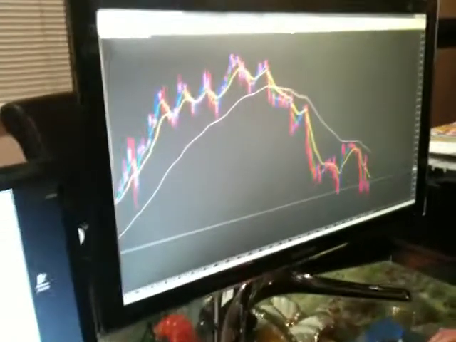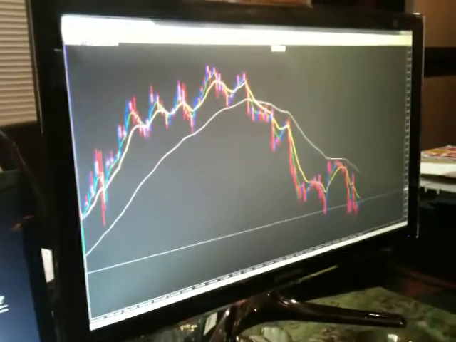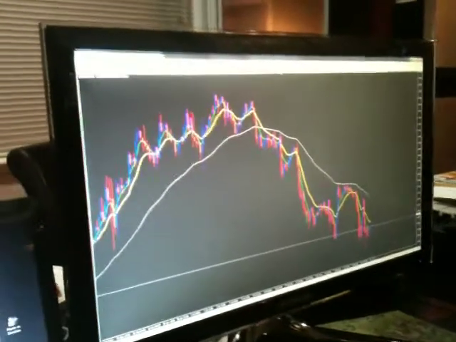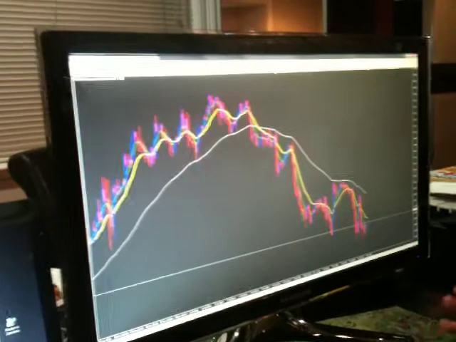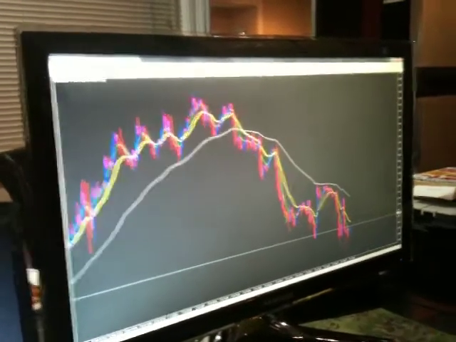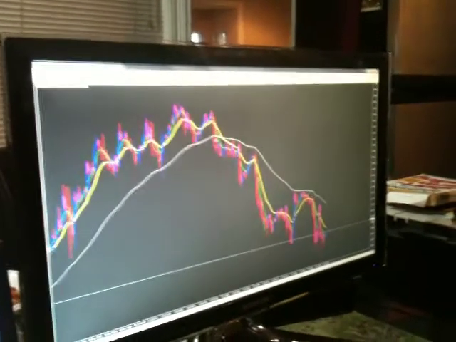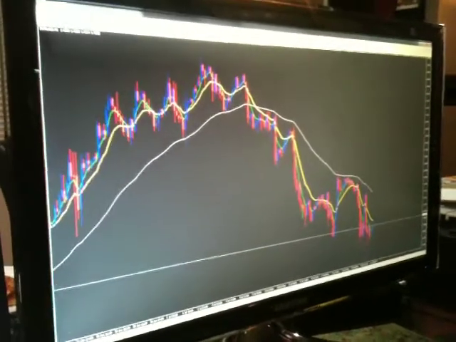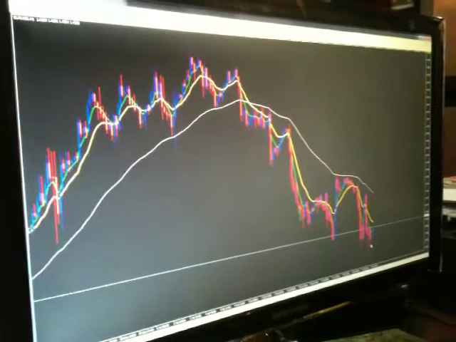So these EMAs, you always want to look at the hour chart. Our hour chart is our blueprint to begin with, to determine if you're going to buy or sell. You always want to go with the trend. The trend is our friend. Remember that? So, if the EMAs are beneath this 62, then we're going to sell.